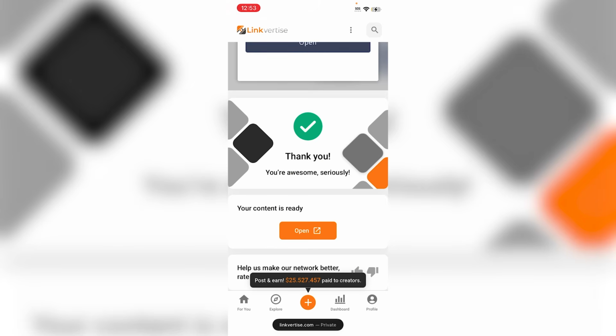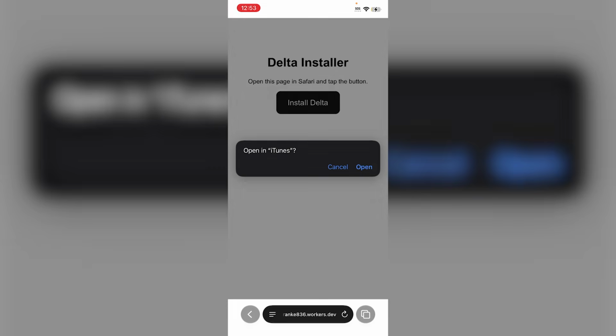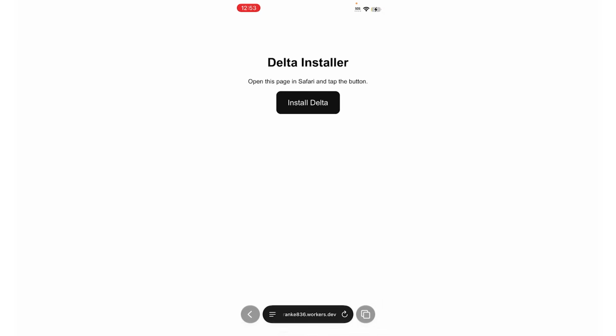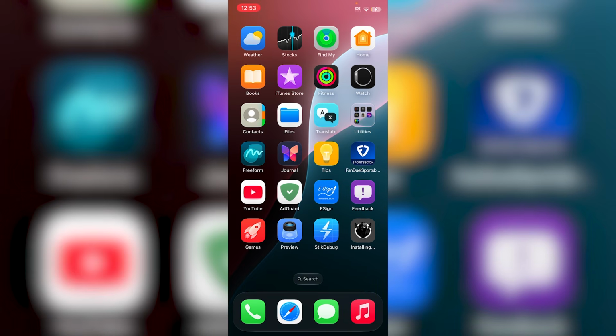And now once you guys have done that, just click on open here and then just click on install Delta here. It'll say open in iTunes, click open, and then it'll say Delta Executor would like to install Delta, click install here. Now go back to your home screen and now you guys will see that it is side loading here. As you guys can see, Delta Executor has now been sideloaded on my iDevice,